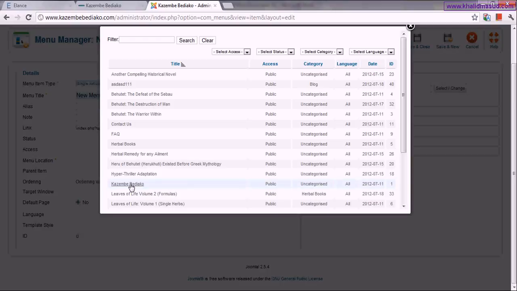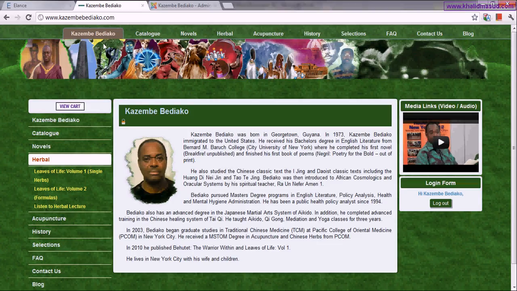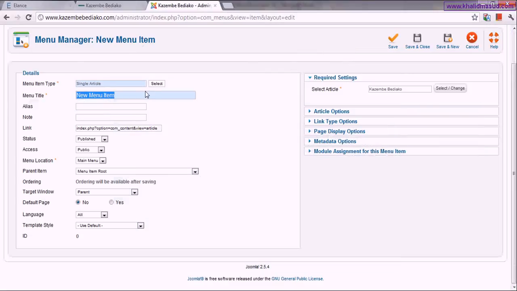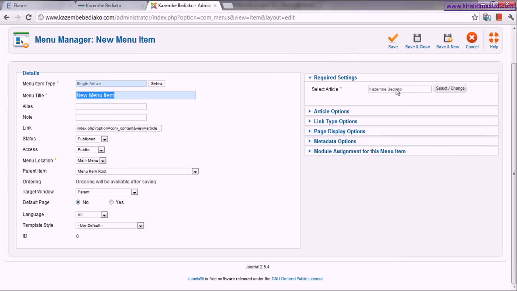Suppose you link it here, and this new menu item will show up somewhere here, and I will show you how to tell it where to show up. When you click that new text item, it will show this article or page.